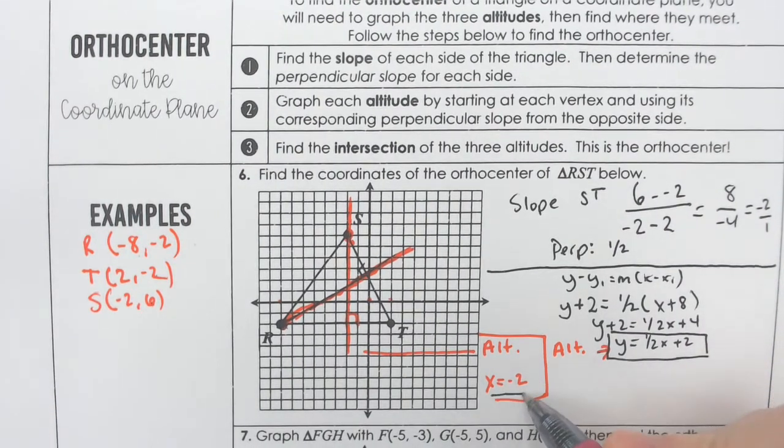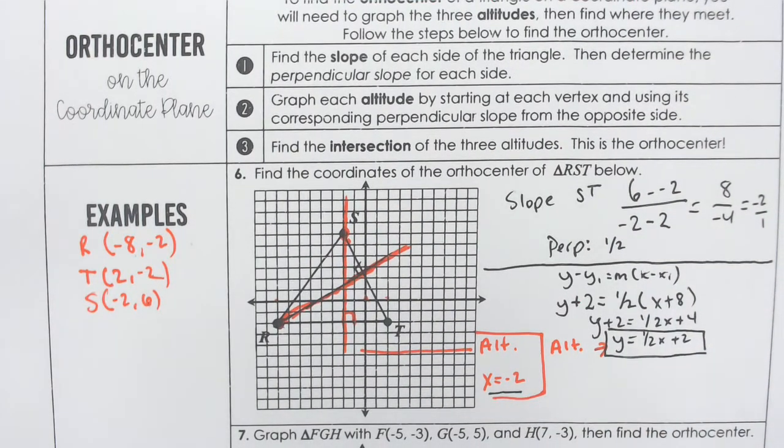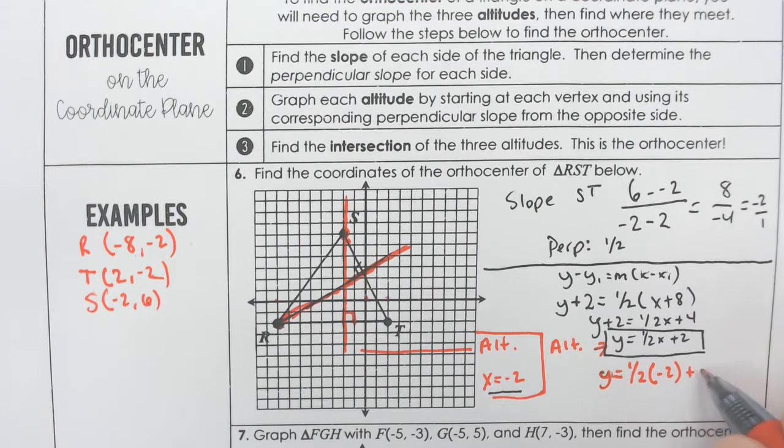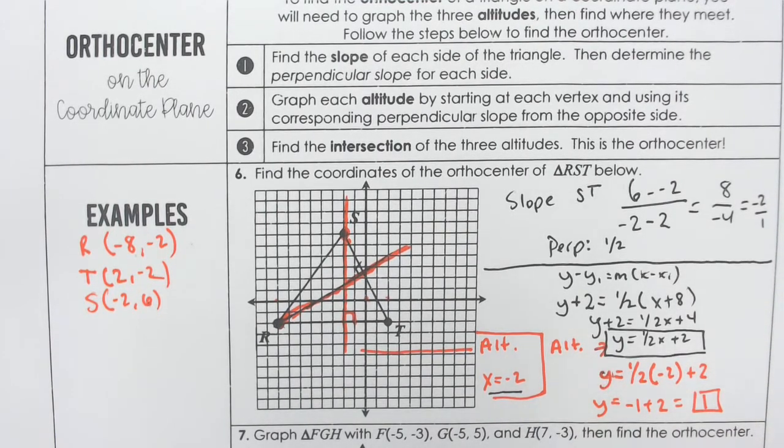In this case, substitution, x equals -2. I can plug in the -2 for x to figure out the y value. 1/2 times -2 plus 2 makes -1 plus 2, which is 1. So we knew our x value. Now we know the y value. We have our orthocenter